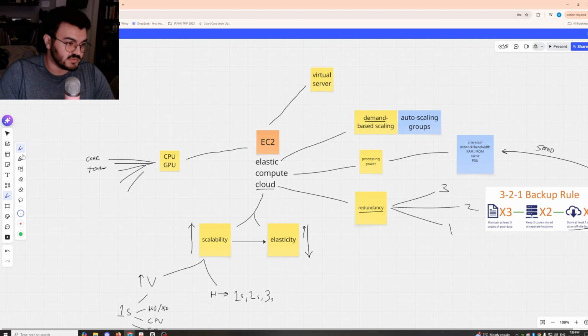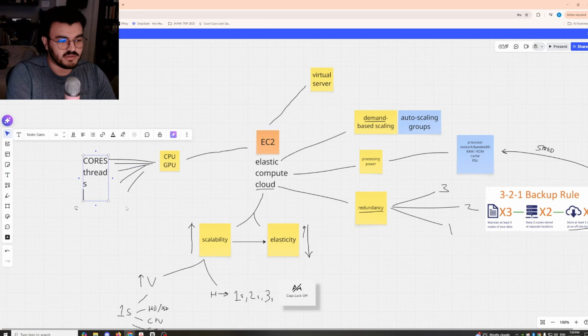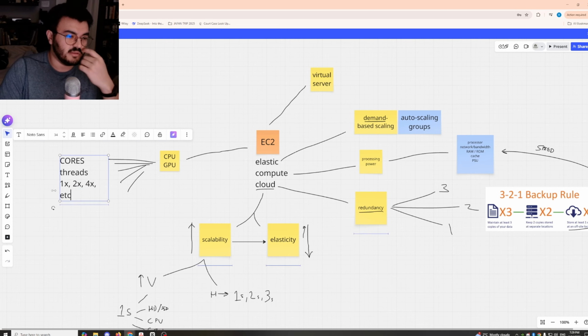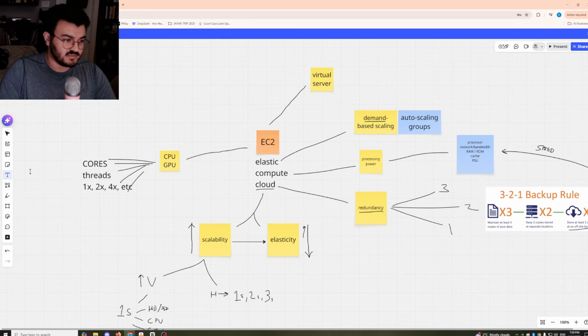I need to give up this whole drawing thing. Maybe there's like 4x, and there's like 1x, 2x, 4x, etc. And there's also size. I don't really know how the size works, to be honest.